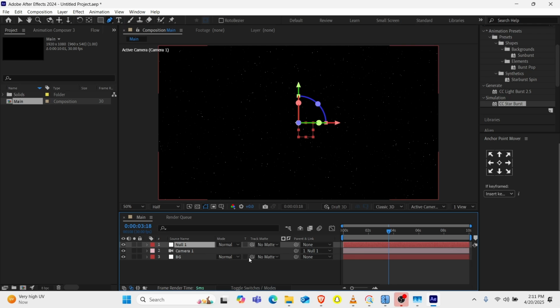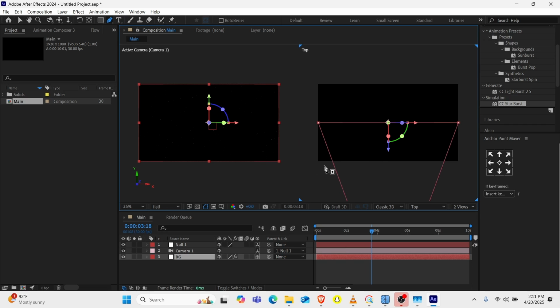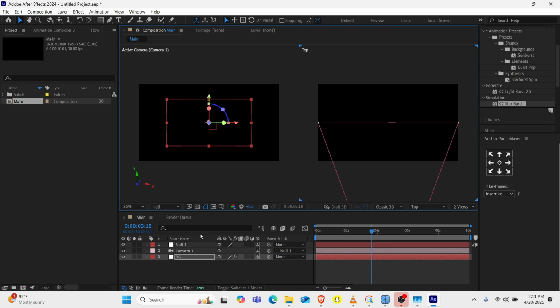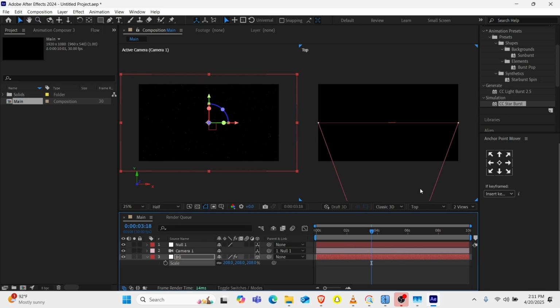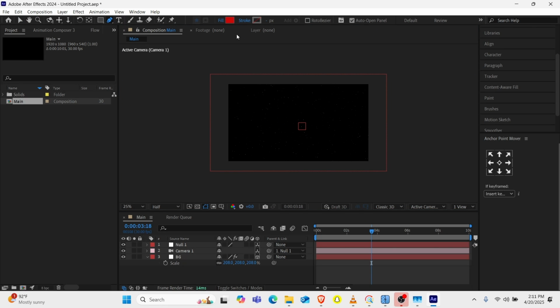So now we just have to make the background a 3D. So in order to make it a 3D, we go to the toggle switch, then we click on this. Now we'll go to 2 view, then we'll drag the background to the back like this. So we'll drag to the back, then from there you can hit S for scale. We are going to scale it up like this. So after that, you can change it back to 1 view, and now the next thing we have to do